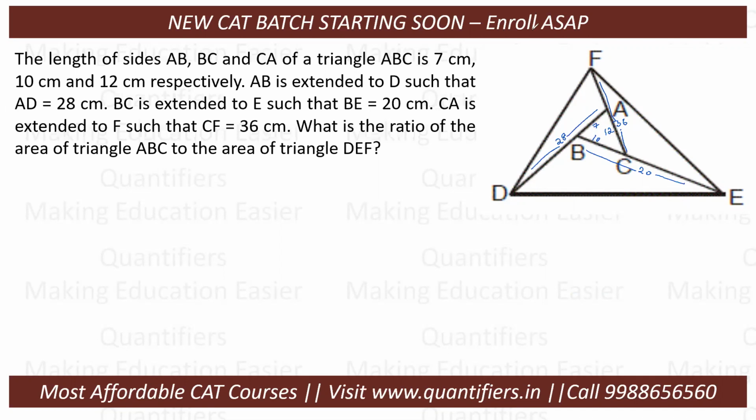Now we need to understand an important thing here. We are just given the dimensions of this triangle. By, let us say, Heron's formula, we might find its area. Then to find the area of the triangle that is outside, I have this complete line 28, this complete line 20 and this complete line 36, but I do not have any outer dimensions.